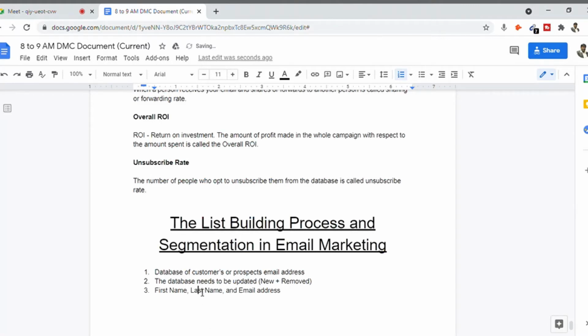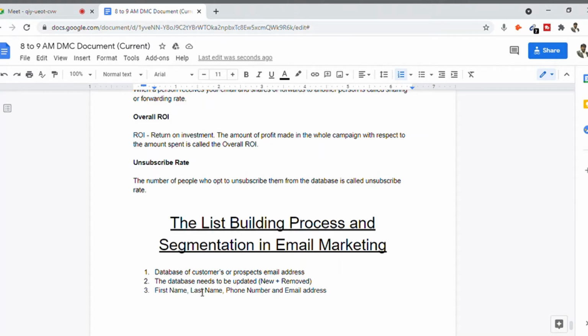So whenever you collect the database, make sure that you fetch their first name, last name, and email address, and preferably, though not necessarily, the phone number, not other personal information. Once you get all this, you have to create the database by yourself.